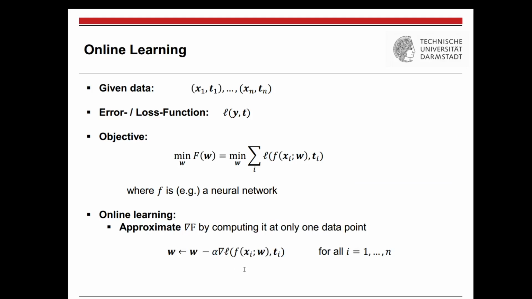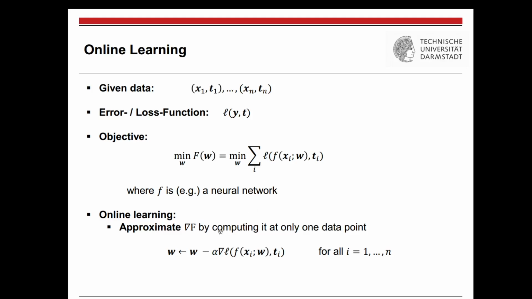Now there's another technique which is called online learning, and this makes a modification which is as follows. First we have the same setup as before. We have the same goal of minimizing the same objective function, but with online learning we make an approximation. We compute the gradient of the loss function at one particular point. We draw one point from our data set